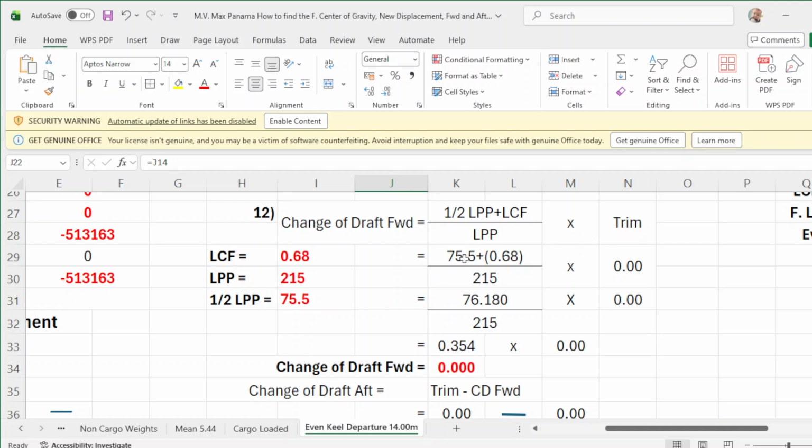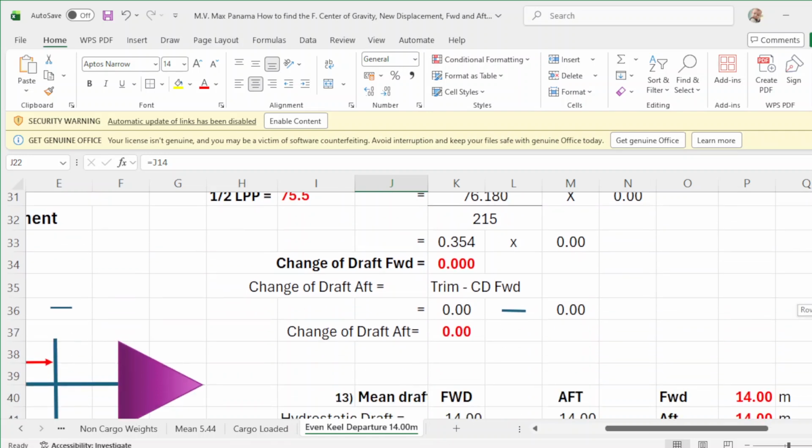LPP is 215. 1/2 of 215 is 107.5. So 1/2 LPP is 107.5 plus your LCF of 0.68 over LPP 215. You add this one, that will be 108.18 over 215. Divide this one, that will be 0.50 times your trim of 0. So change of drop forward is 0. To get the change of drop up will be trim minus change of drop forward. 0 minus 0, then your drop up will be 0.